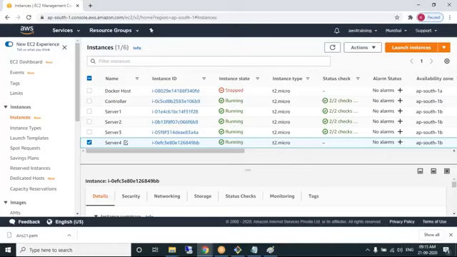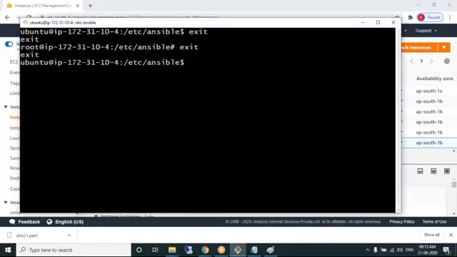I want to connect to server 4. Disconnect this. It's very slow today.